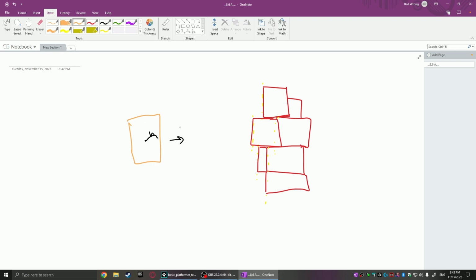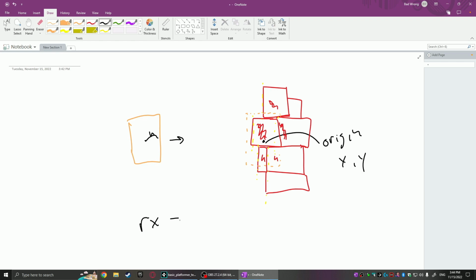So let's imagine this object's moving fairly fast, or maybe this is just zoomed in, and it goes all the way to here, and that means it's in contact with this one, maybe a little with this one, this one, this one, and this one. I guess we didn't hit that one. So it's in contact with all of these. So what we do first is, while it's in contact, the origin is now here. Sorry, it's hard to see. Origin. And it has an X and it has a Y. So we're going to set some value. We'll just call it